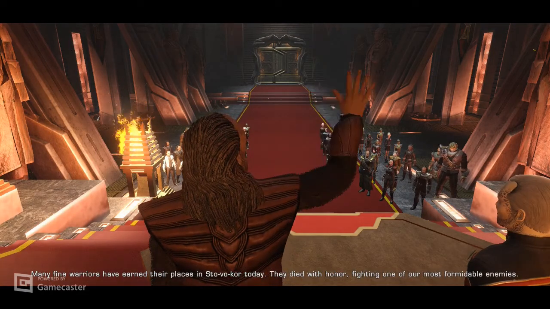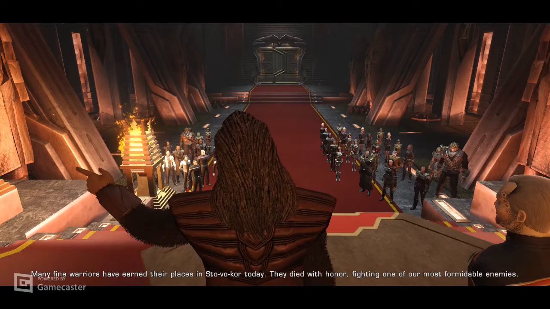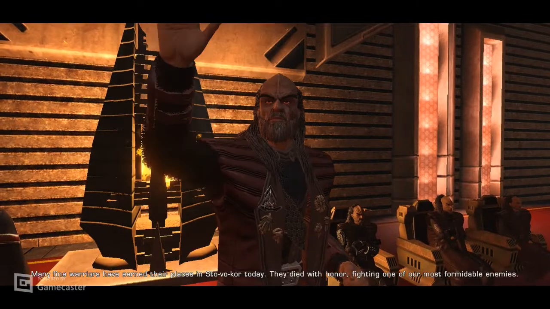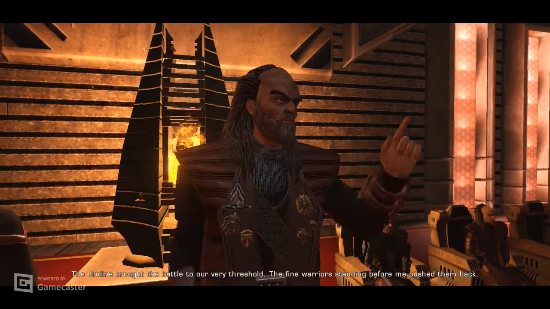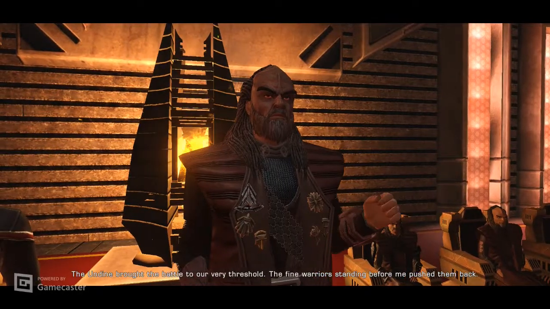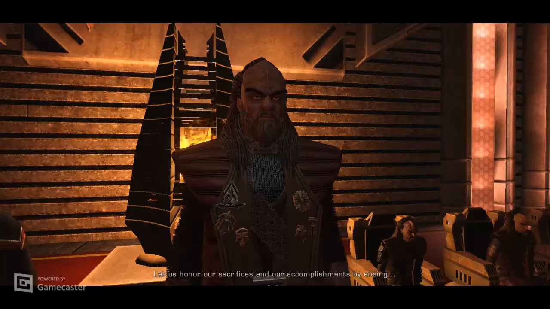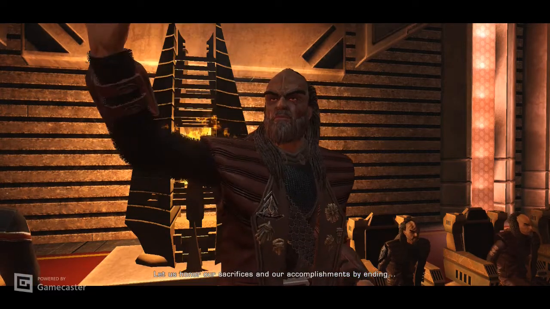Many fine warriors have earned their places in Tuvok today. They died with honor, fighting one of our most formidable enemies. The Undine brought the battle to our very threshold. The fine warriors standing before me pushed them back. Let us honor our sacrifices and our accomplishments by ending...